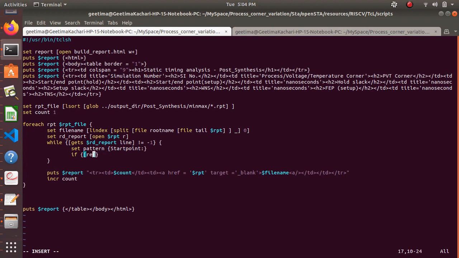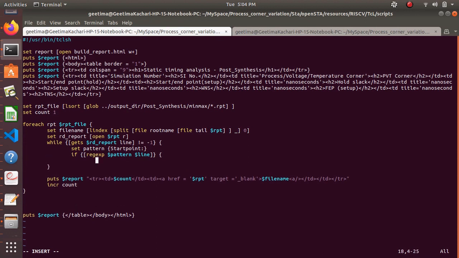Okay, so regular expression is exp, you can take a look at it, where there are a number of switches and has advantages of regular expression. That means you can do hundreds of many things using regular expression. Now if the regular expression, which is the pattern, which is the start point, is found in any of the line, okay. Now when we find that regular expression, if it matches, then what we'll do,